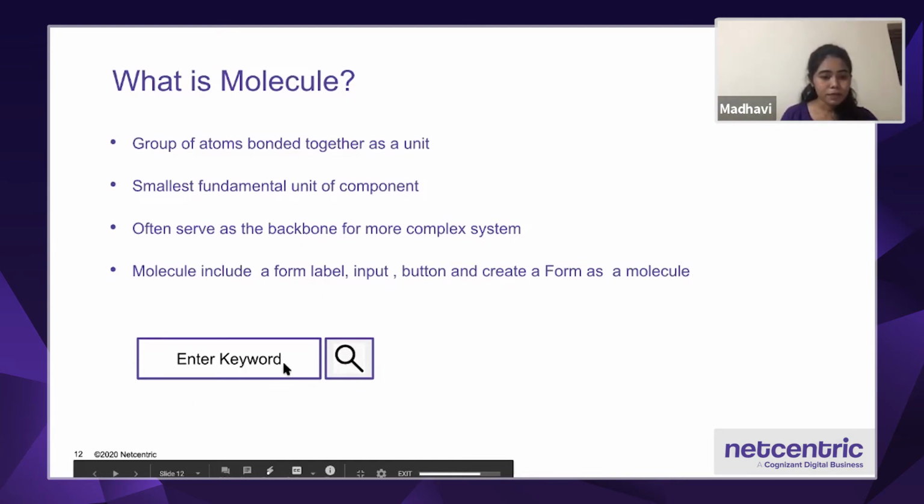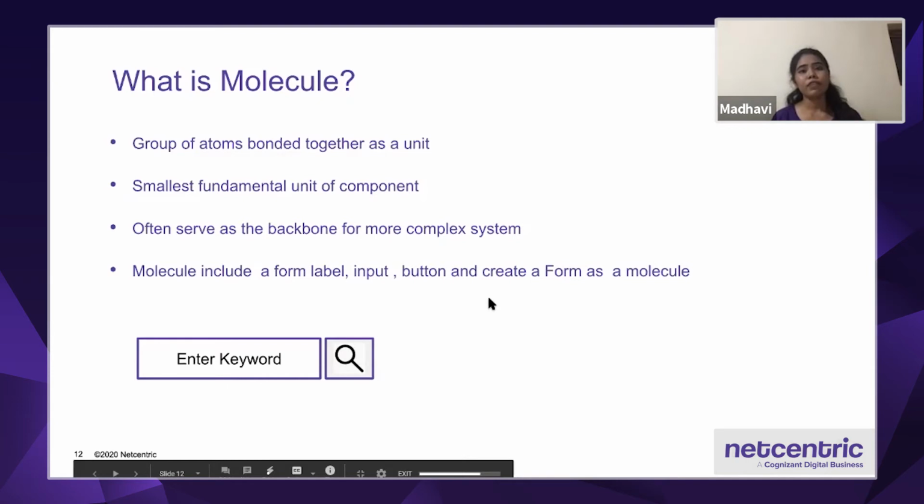Another example is the search keyword input field and the button. These also combine together to form a molecule. We cannot use only a button or only a label, it doesn't make any sense. With the use of these atoms, we create the molecule, and it is useful for the further step.